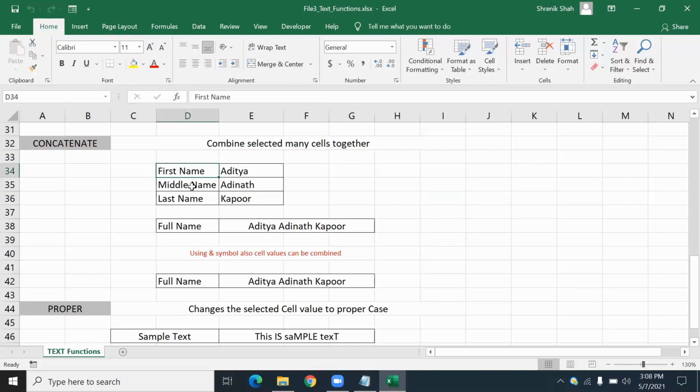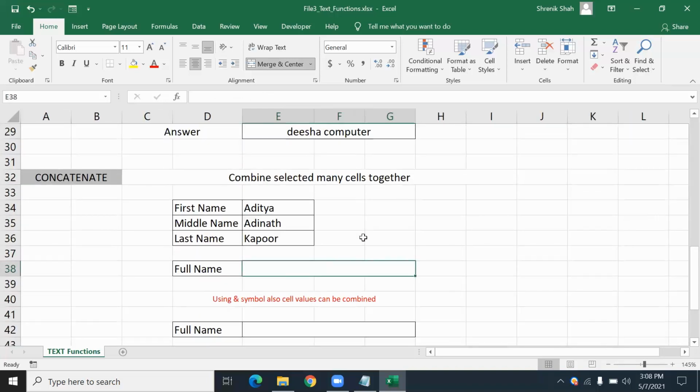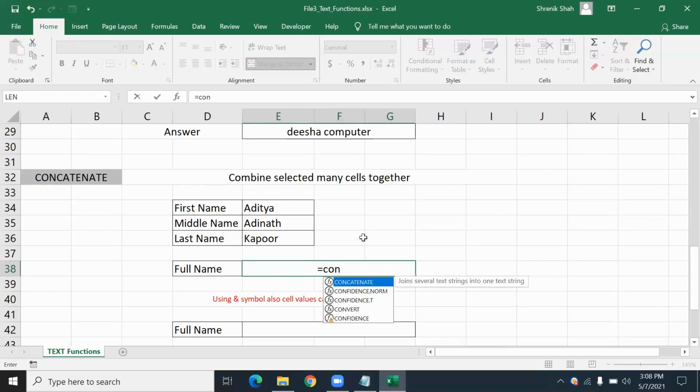Let's say if you enter the first name, middle name, and last name, and if you want to perform the concat of those three selected cells, then the Excel function we will use here is CONCATENATE. To type this function, I write equals, and here I write concatenate.